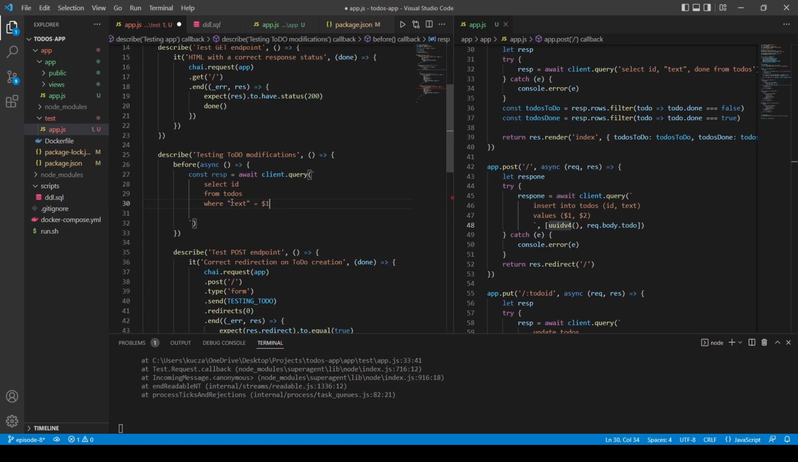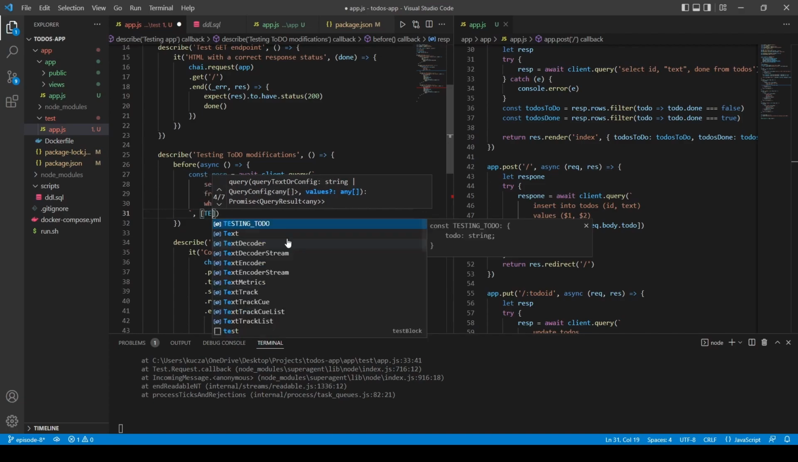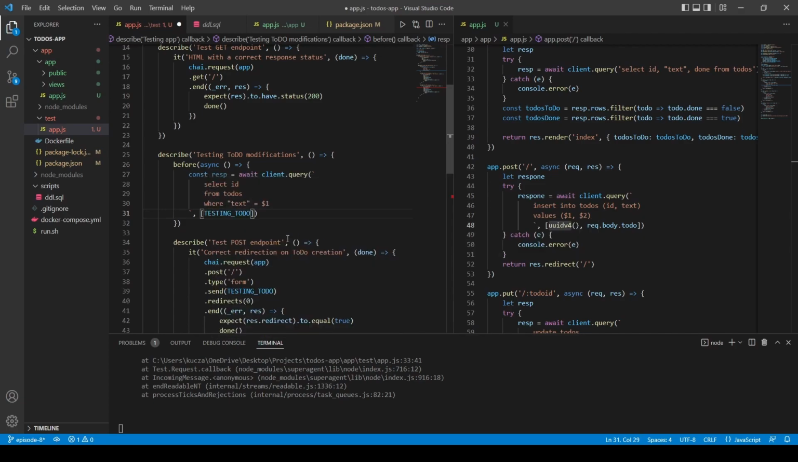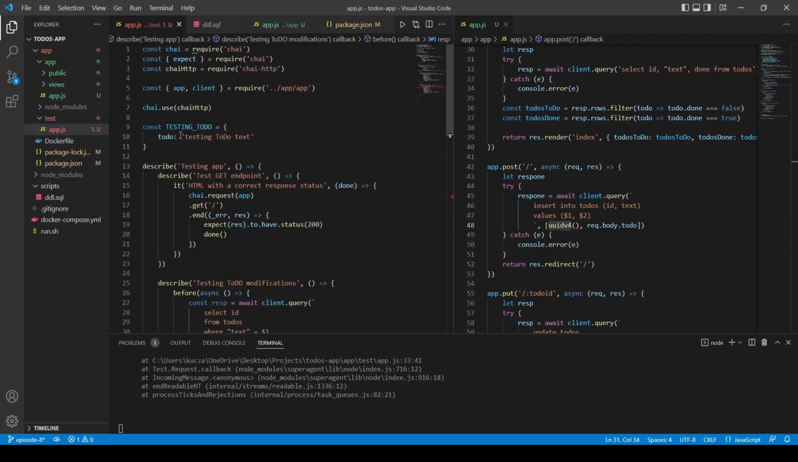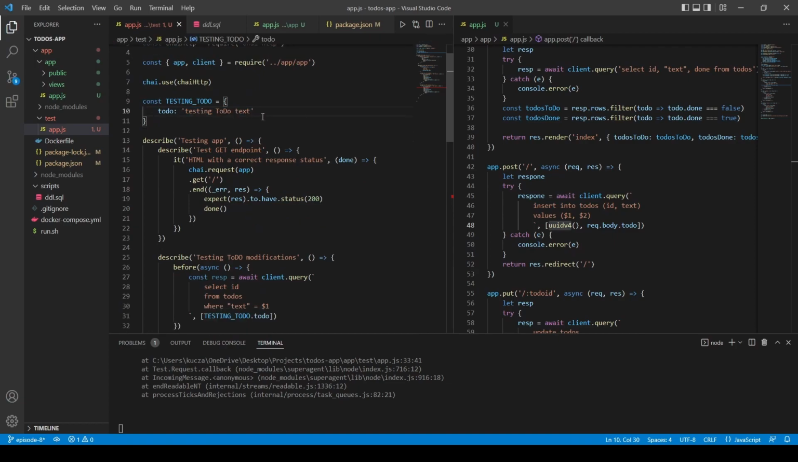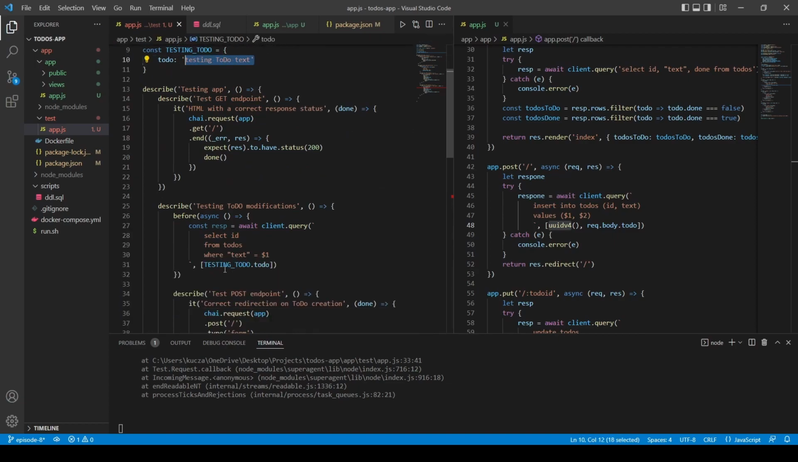And this is in double quotation marks because I think text is a data type in Postgres, so it could read it as a data type and not as the name of the column. So it's just safer to have it in double quotes. And the $1 means that we need to pass something here, and this will be testing to-do.todo. So we want to pass precisely this piece of text here,